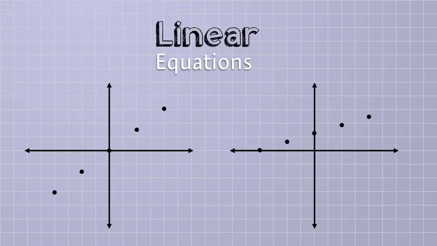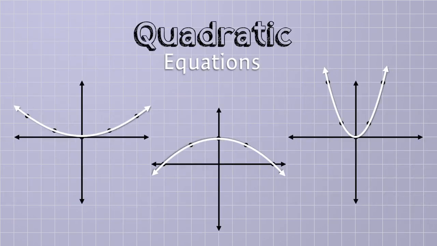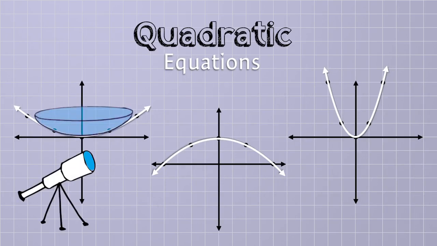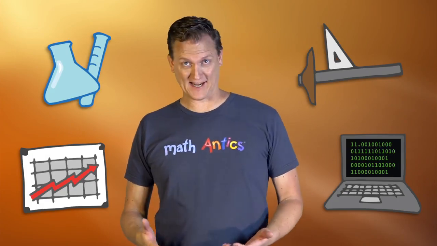For example, there's a whole class of equations in algebra called linear equations because they form straight lines when you graph them. Those sorts of equations could help you describe the slope of a roof or tell you how long it will take to get somewhere. Another class of algebraic equations, called quadratic equations, can be used to design telescope lenses, or describe how a ball flies through the air, or predict the growth of a population. So algebra is used all the time in fields like science, engineering, economics, and computer programming. And even though you might not need algebra to get by in your day-to-day life,